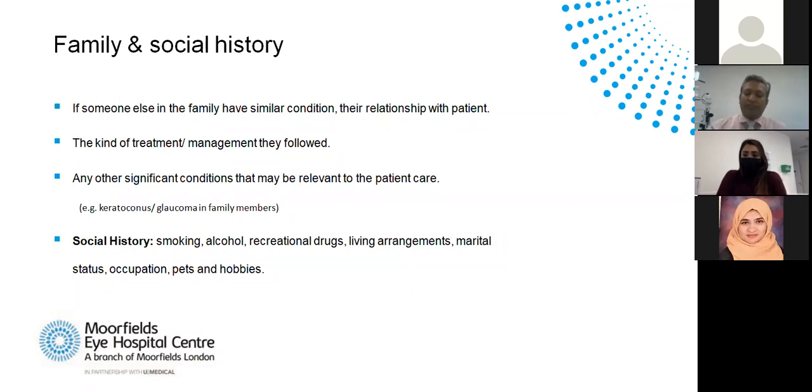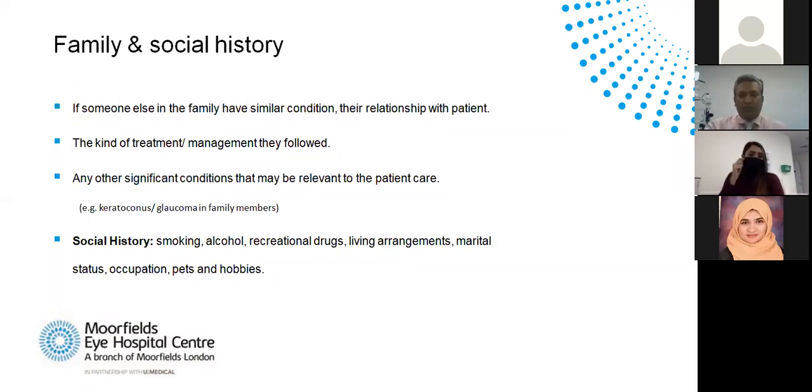So if there is anyone else having a similar condition, note what their relation is with the patient. Sometimes the patient may not have the same condition, but it might be very important if there is a strong family history of that, so it is better to note it down, like even